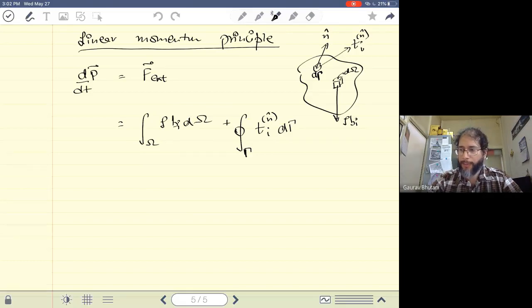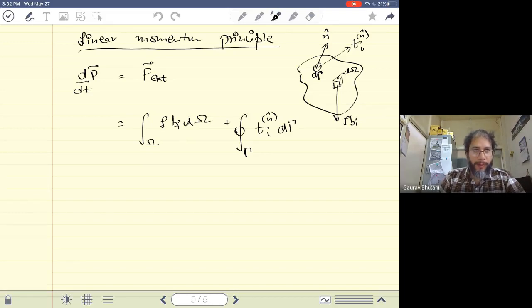Now remember that we are saying it's a complete body, but we could have taken some particular subsection of the body as well. That will give us the rate of change of the angular momentum of that subsection. So it's dependent on what is the body under consideration for which we draw the free body diagram. In this case, the complete enclosing surface may or may not be the complete volume, depending on what volume we have considered as omega.